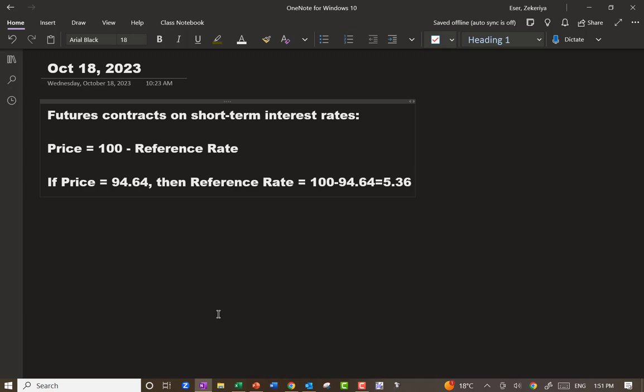So that's the reference 3-month rate for September. With SOFR futures, the calculation is somewhat roundabout. That means the 3-month rate right now is about 5.36. For the December contract,